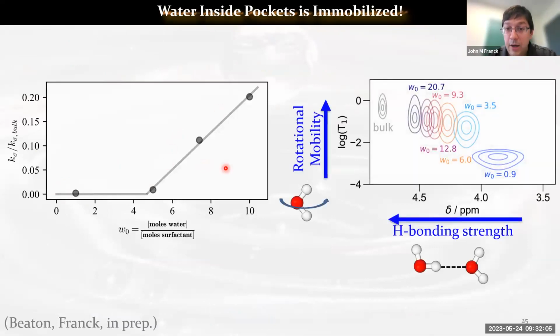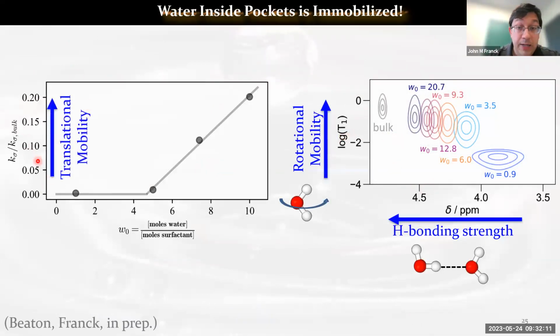What we can actually do is compare this to rotational mobility. So this is measuring our translational mobility, and we could compare this to rotational mobility by doing a companion study where we use